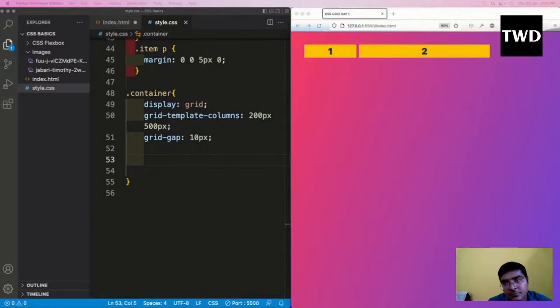So by default, if we insert any new item, as it's a natural property, it will go below item number one. But if we want the new item which we will create to come by the side of item number two, for this we have a property called grid auto flow property,